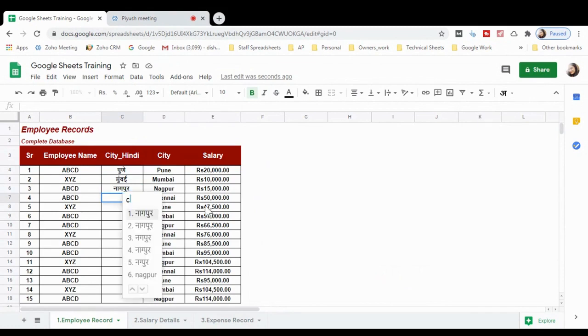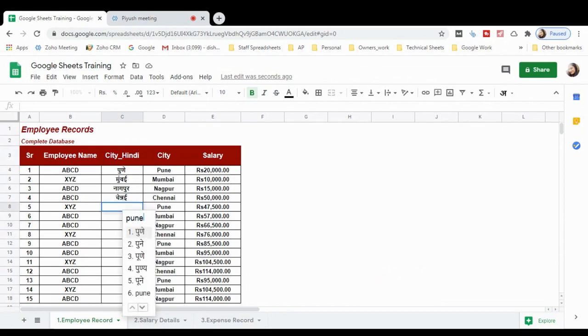See, I'm typing in English only and it is automatically converting the text into a particular language, Chennai, suppose. I'm typing in English only because I don't know Marathi or Hindi typing. I know only English typing. That's why I love the feature. In other tools, you have to be fluent in Hindi typing or Marathi typing, but in a spreadsheet this is not required. It will auto-translate your text into the particular language that you want.